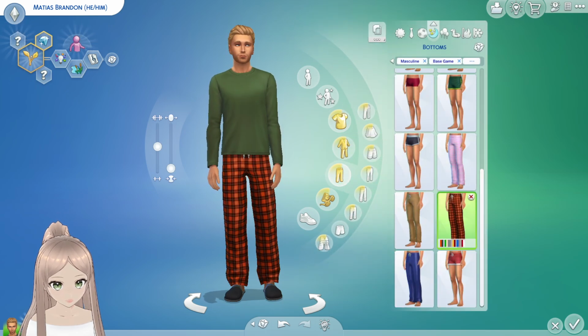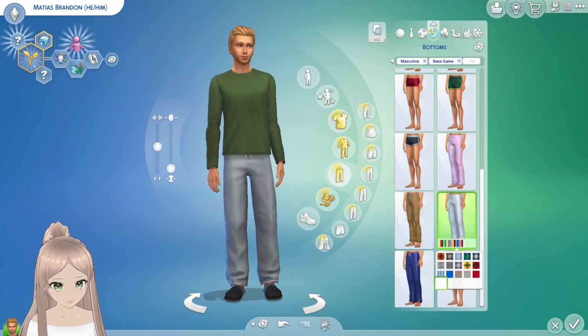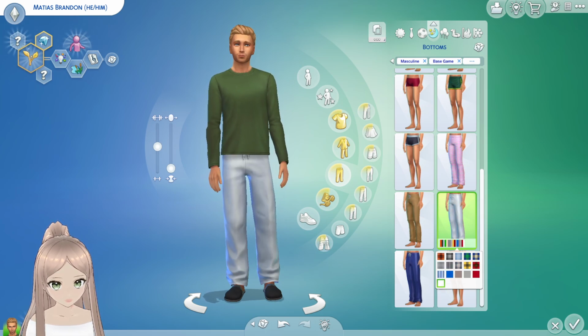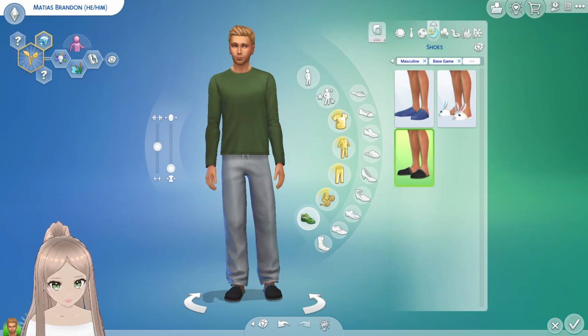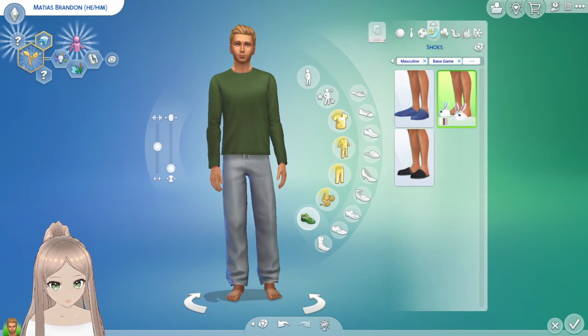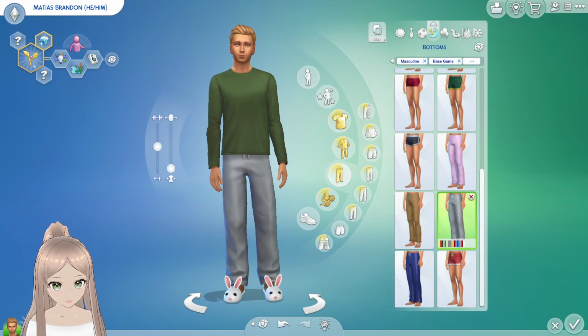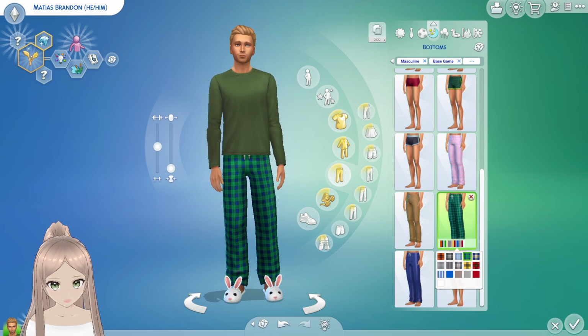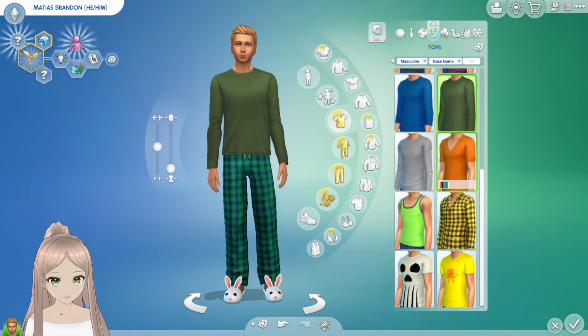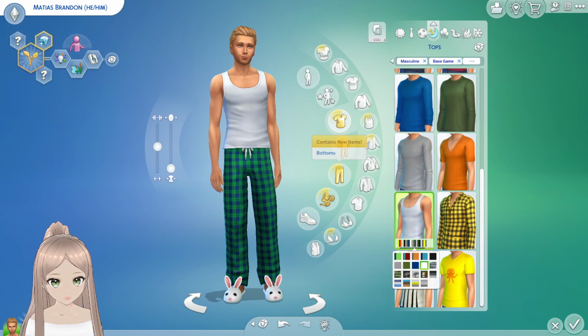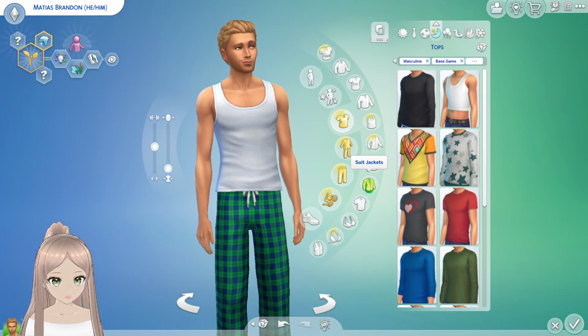Green again. And then these pants. Wait, maybe his pants should be green, and then here you have